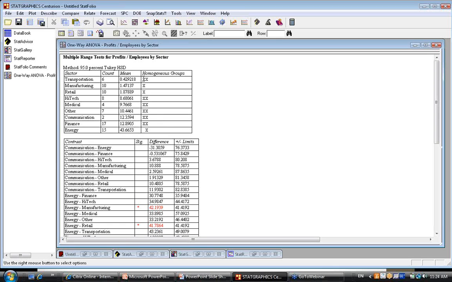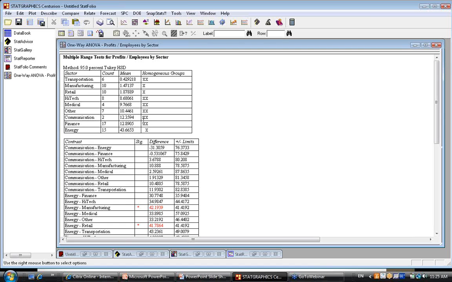So, for example, you can see that there's a column of X's containing everything except for energy. That indicates that all of the sectors except for energy are not significantly different. They all form one homogeneous group: transportation, manufacturing, all the way down to finance. No significant differences amongst any of those